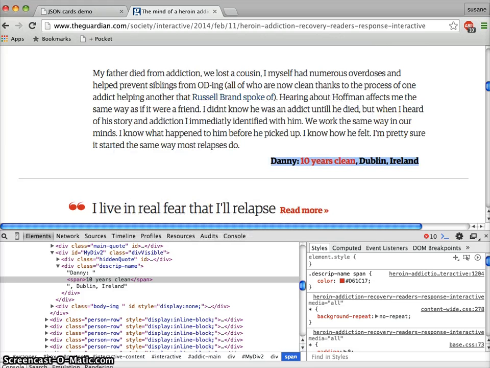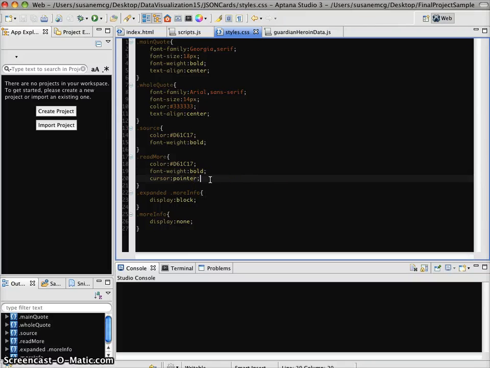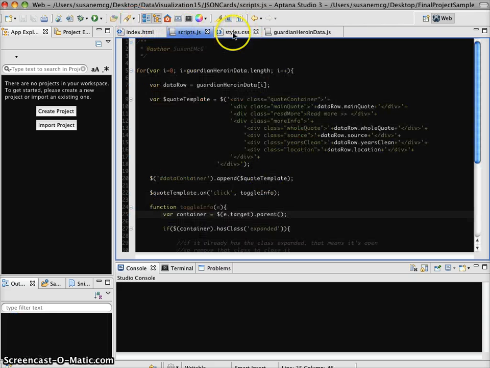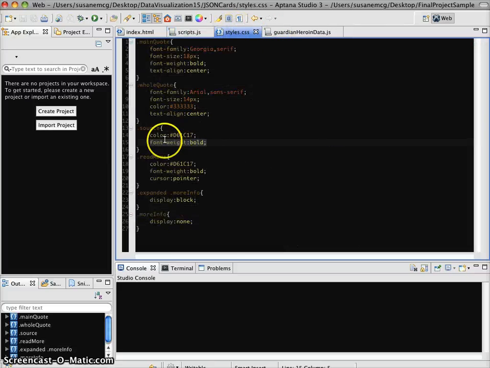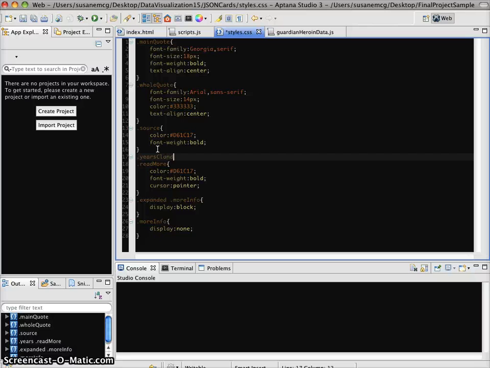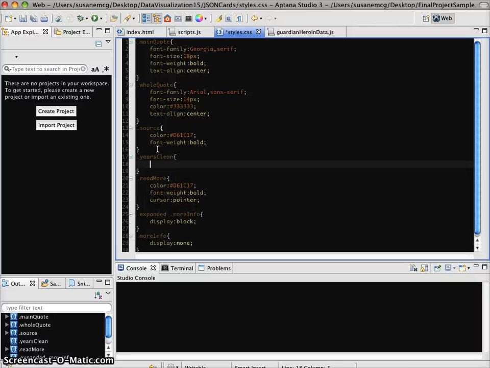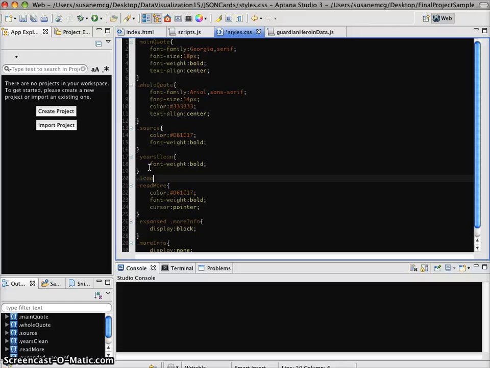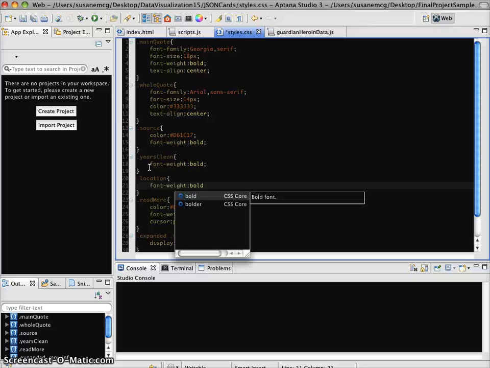We can do that with, sorry, that was random, Control S. We can do that with the float position, right? So it's going to be our source, and I haven't even added classes for the others yet. So source, years clean, and location are all going to be bold. So years clean is going to be font weight bold, and location, whoops, location is also going to be